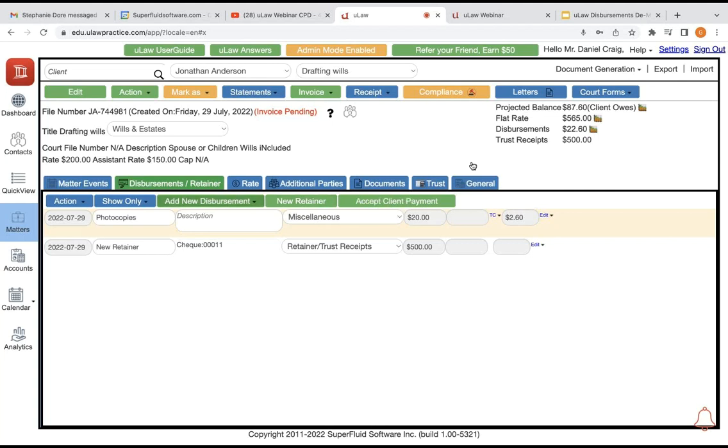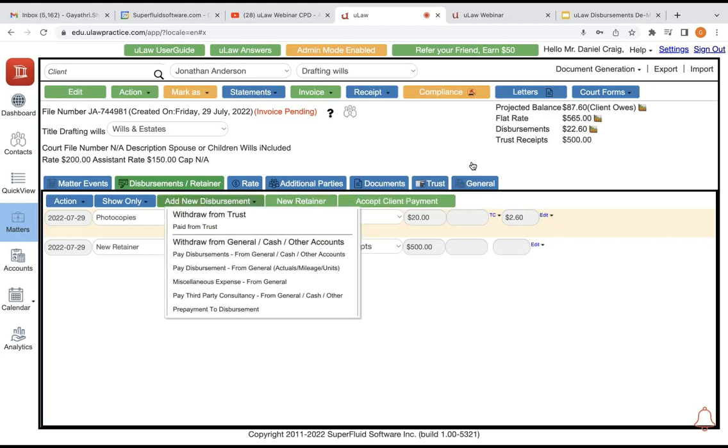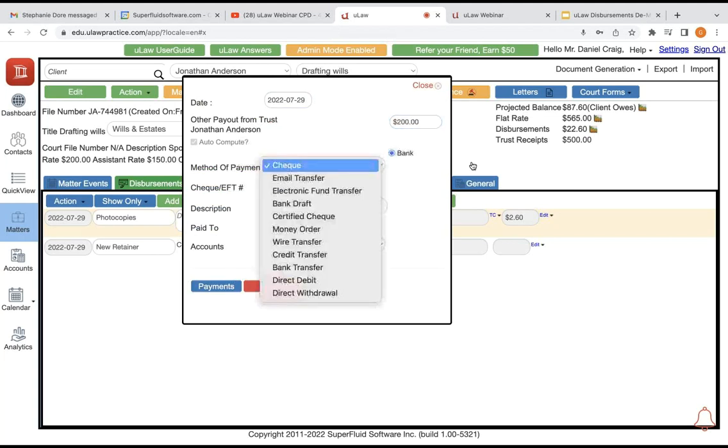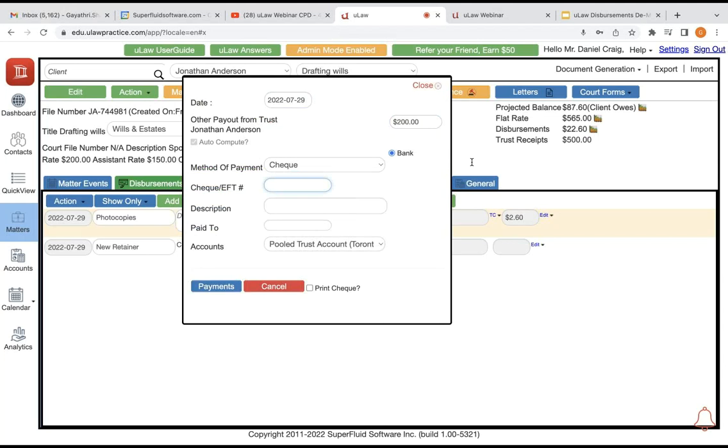and going into this field called add new disbursement, very, very clearly structured here, asking you first whether it has been withdrawn from trust. If there was something that you have withdrawn from the client's trust, well, go ahead, click on paid from trust. It would be like what we mentioned already for filing fee, for actuals. If this is something to do with the first check that you have issued from your trust, let's say this was filing difference or notice and paid to probably courthouse